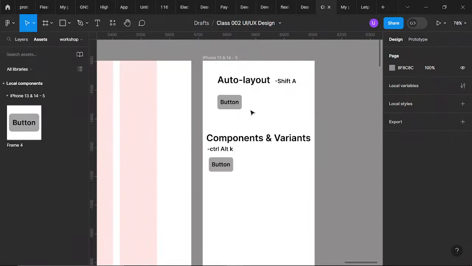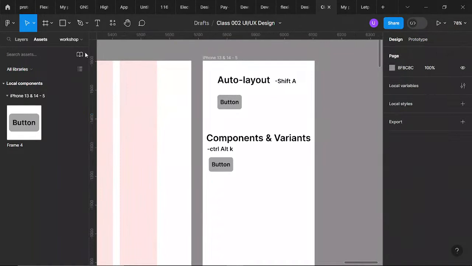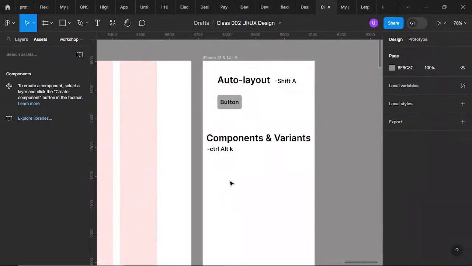I can just drag it out. By just dragging it out, I'll get it on the screen. So this is how you can get your assets. Let me delete that first. If you delete the main component here, it will definitely delete it on the asset. So let me delete it. You can't find anything on the asset. Let me click Ctrl Z to have it back.